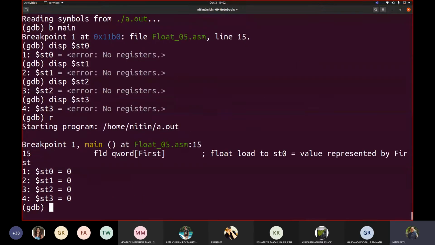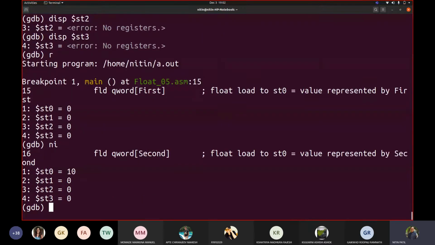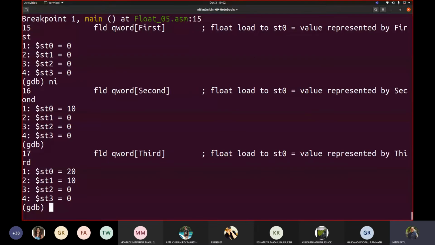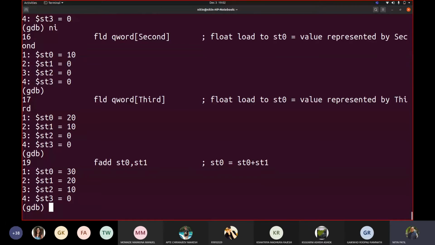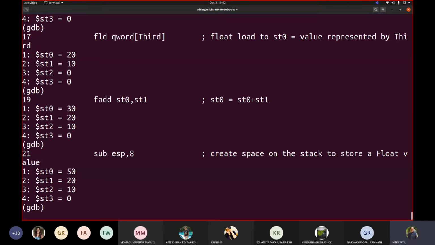So run. First value is loaded. Now shifted. Again, second value is in ST0, third value in this. Now we are saying FADD ST0, ST1. One can see ST0 equal to ST0 plus ST1 is done, and we see the value 50.